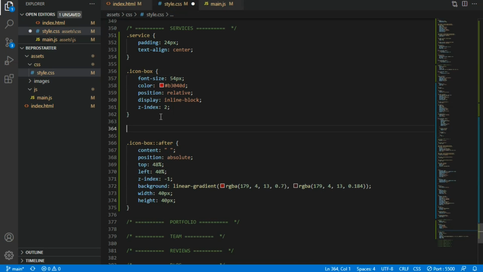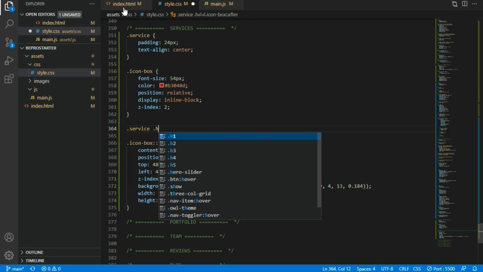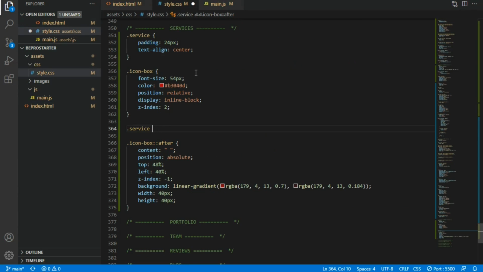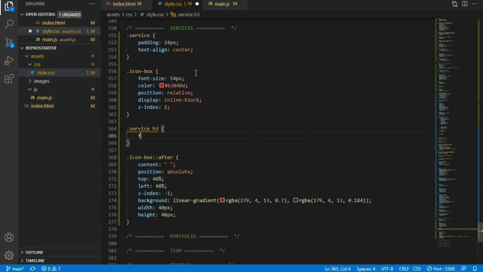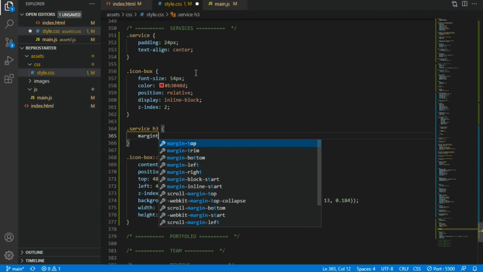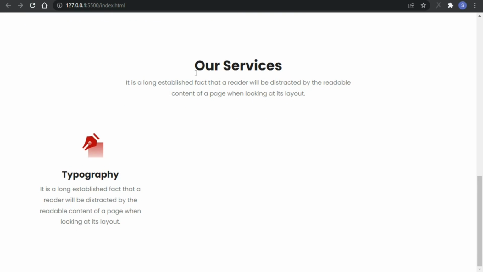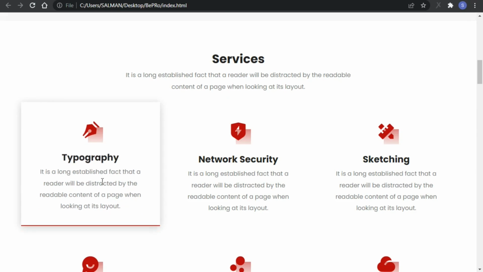And then I'm going to select service H3, and I'm going to say from the margin top, I'm going to say 24 pixel. 24 is too much, so I think 16 will be fine. Yeah, 16 is looking good. And on hover, I want to achieve this effect. Okay, so as you can see,